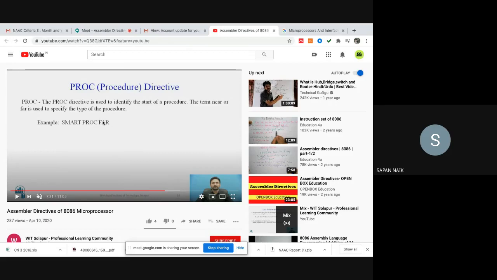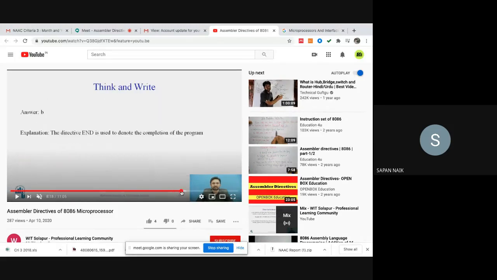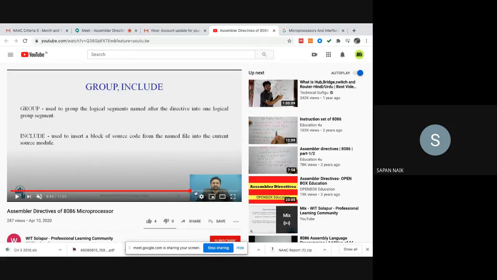It can be a far procedure, a near procedure, or a short procedure. We'll study those in future, but this is how you can declare it. So this is also one of the assembler directives. Once your assembler sees that PROC is written, it knows that this is a procedure named smart.